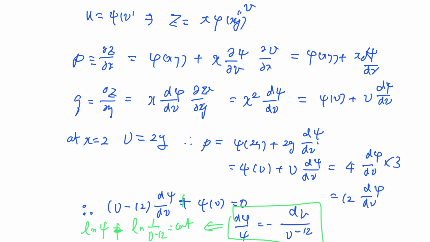Oh, no, this is wrong. So therefore, ln psi, ln of 3 minus 12, is some constant, or